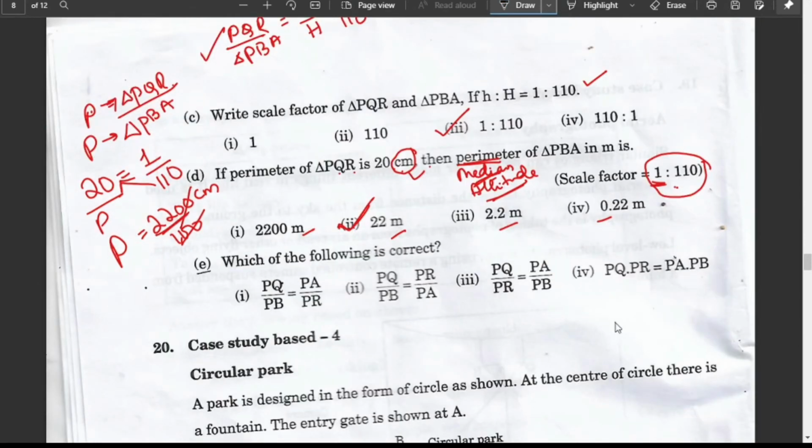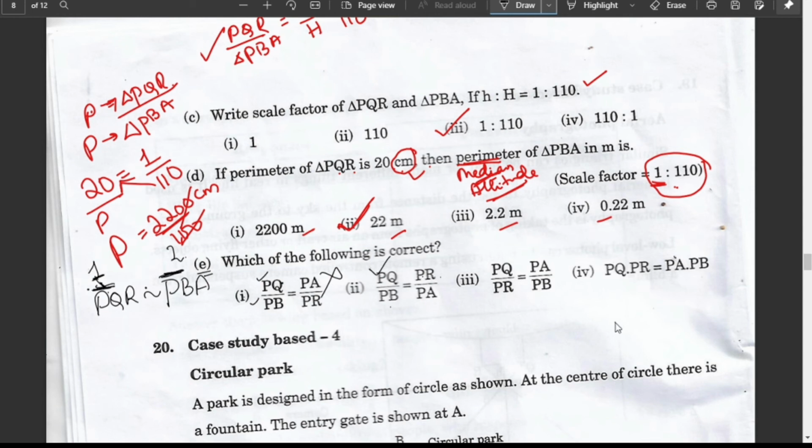For the next question, which of the following is correct? Check out, children. I will take PQR is similar to PBA. This will do our job. You need not go back to the question either. Remember, we are using the first triangle and second triangle. Whenever we select a side, this side should come first from the first triangle. In the first check we will take PQ divided by PB. PQ by PB, correct. Then next one is PA. See here they have selected this triangle first, so this will not be the option. So PQ by PB, yes, this part is correct.